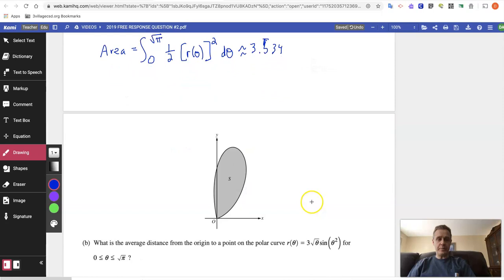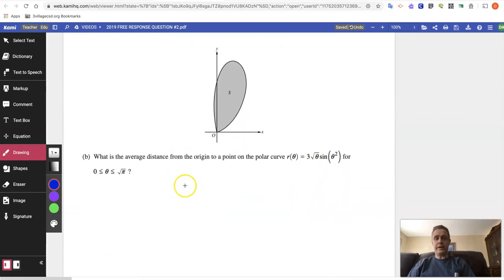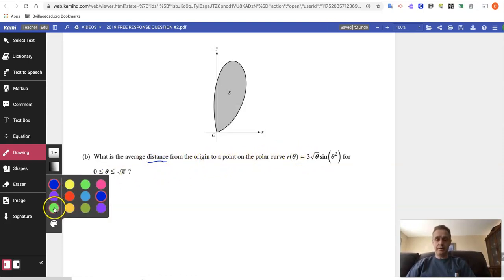So now let's move on to part B. Part B asks us, what is the average distance from the origin to a point on the polar curve, given our polar curve r, on the interval from 0 to square root pi? So now, if you recall, with our work with polar curves, the angle theta is the angle that we are at when we rotate around a particular curve, and r represents the distance from the origin out to any particular point on our curve when we